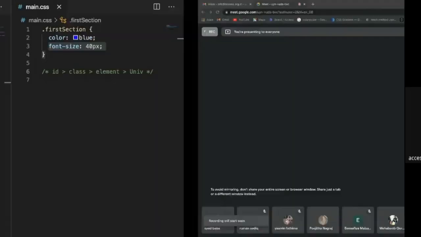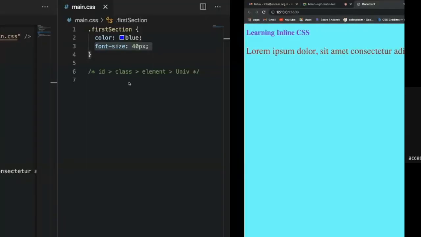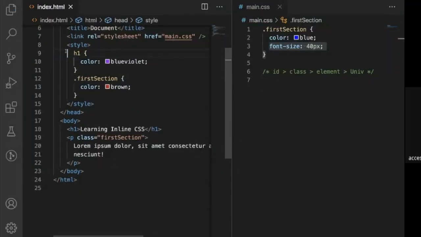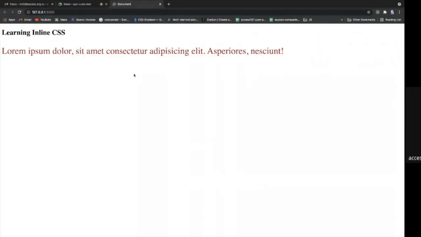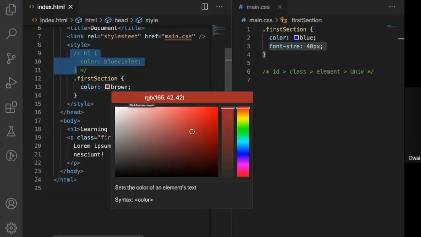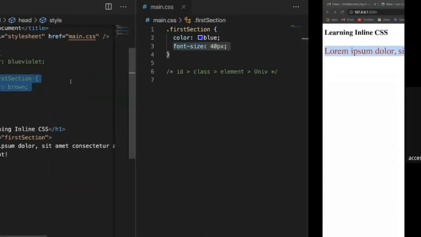Let's go and check. So now tell me. Let's remove the body also. No need to, comment this one also. Now tell me, what is the color applied to the paragraph? It's brown. Brown, right? Yes. If I remove this internal CSS, now it is